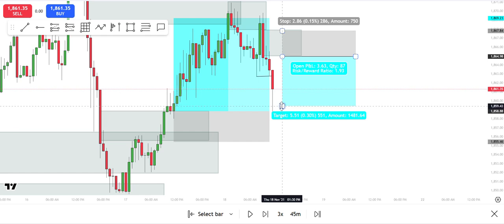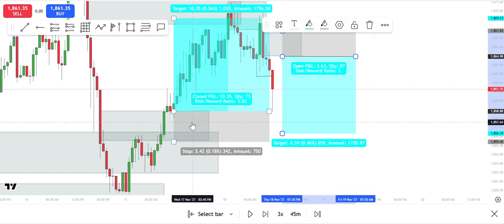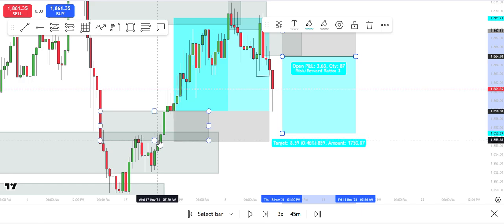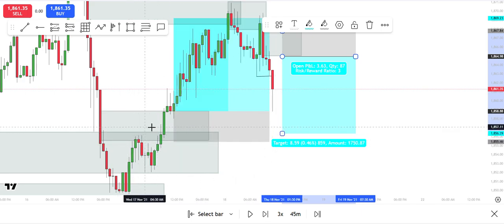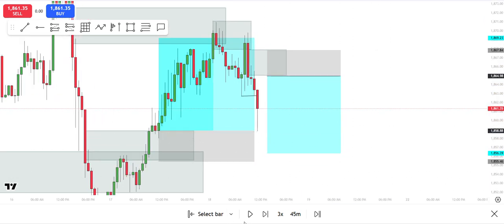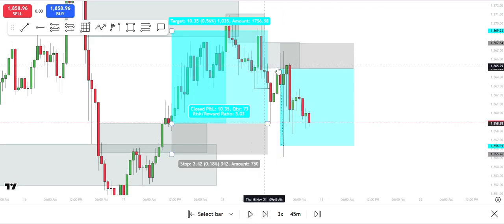Let's see what happens. So we'll be targeting 3 hour, something to take out this low, because this low was weak, it failed to break structure. And at the same time, we are targeting this zone, this range, so that price can come into this range, tap into it, and probably move forward from there. And so let's see what price does. And so okay, we were able to achieve the target. It was able to tap into the zone,